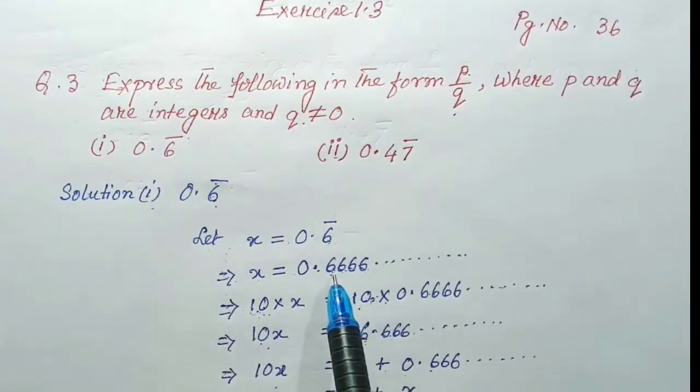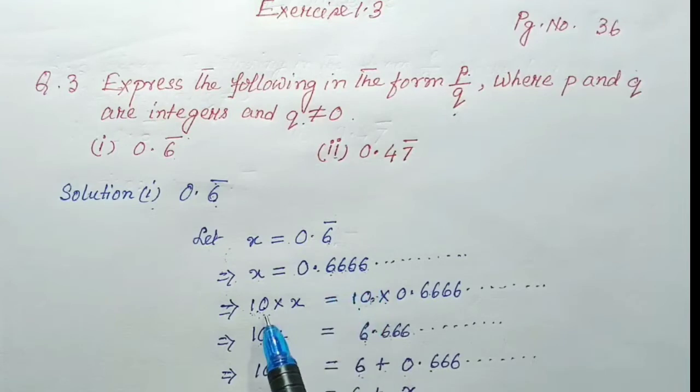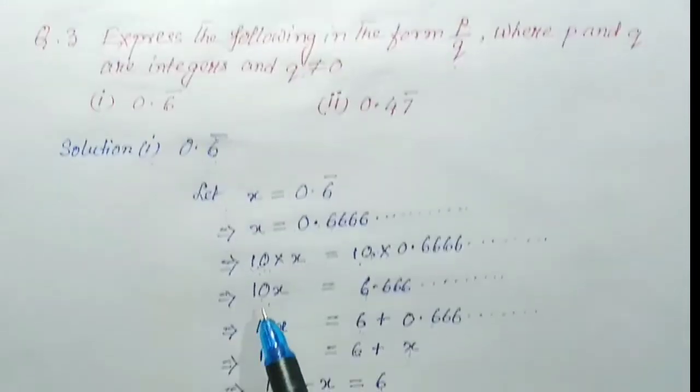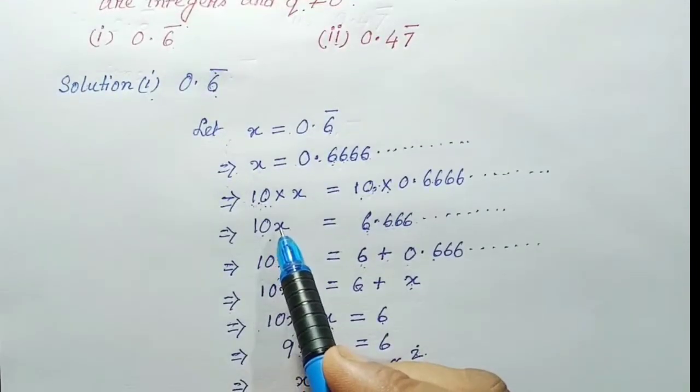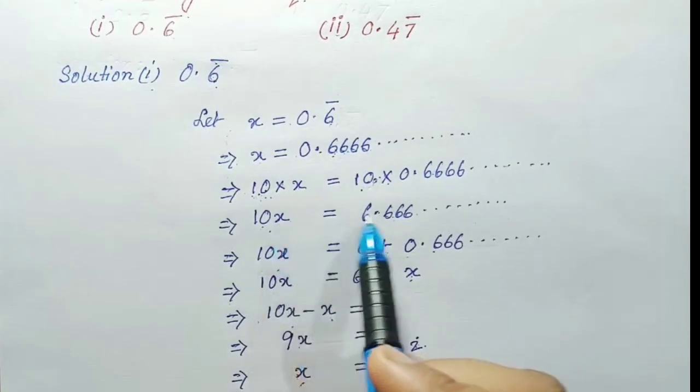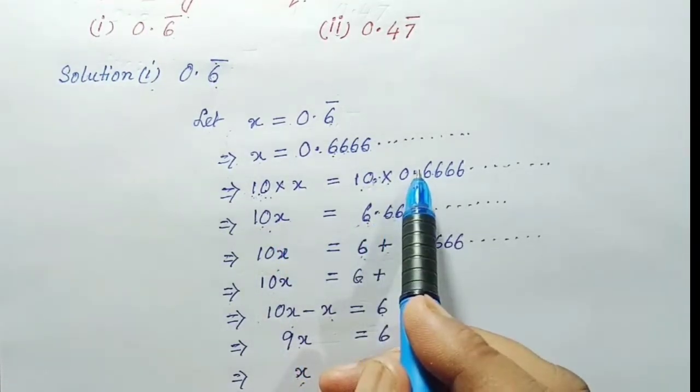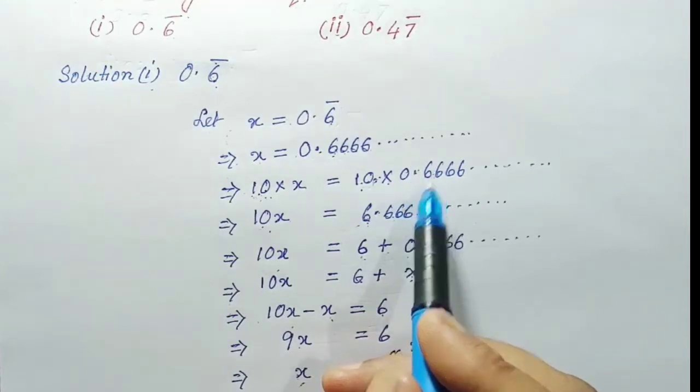If two different digits are repeated here, then we have to multiply by 100 on both sides. If three different digits are repeated here, then multiply by 1000 on both sides. So 10 into x becomes 10x equal to, after multiplying by 10, the decimal point is placed after the first